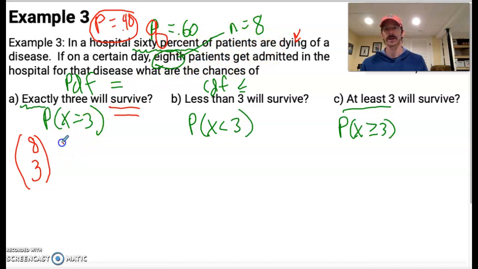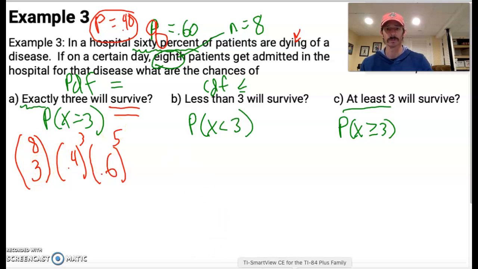So that means I have 3 of these 8 patients surviving, so 0.4 cubed, and that means I have 5 of them that wouldn't, and so they pick up the other rate. And so you could do it the NCR way and do it like this, or if we go to our